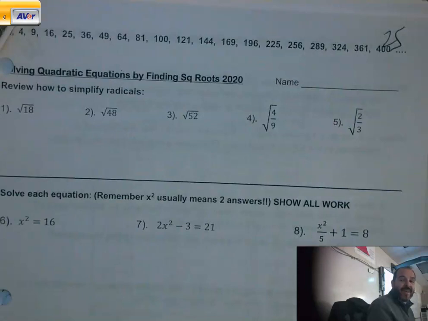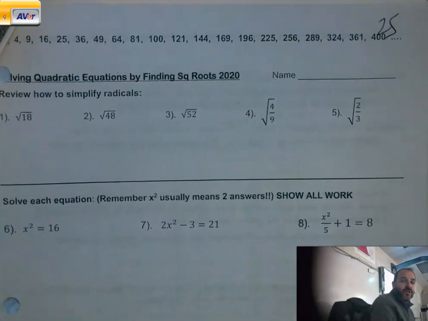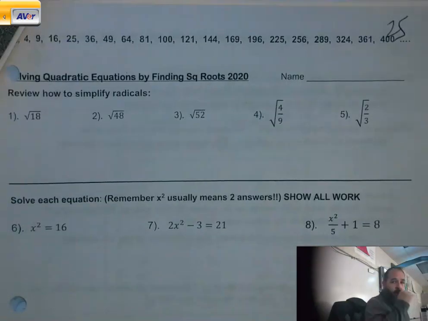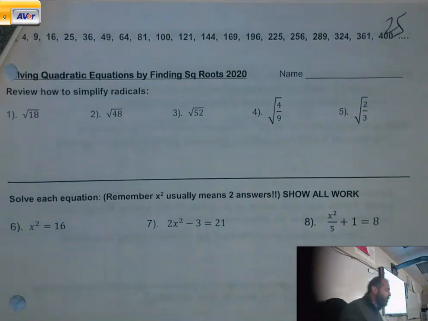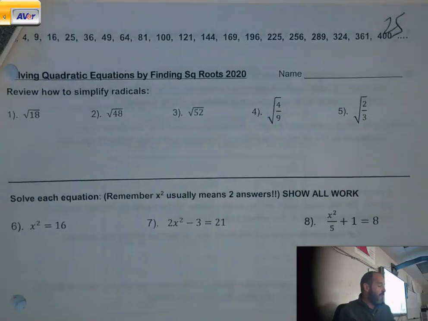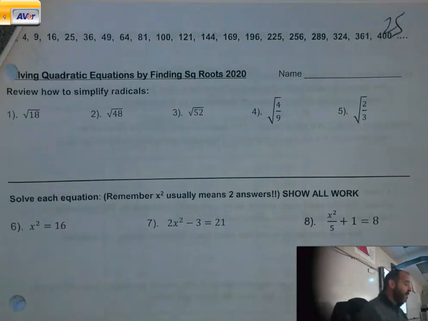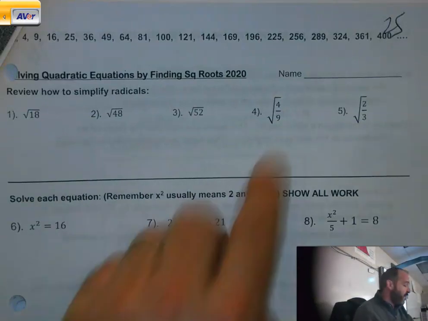Back here, I pulled the wrong page up to start, so just a moment. We're going to use that over here on page 25 in the packet to do our actual lesson on solving quadratic equations by finding square roots. Now, the nice thing is, with what we just did, I don't think we need to go crazy and do 5 more of these. I do want to do number 4, though,